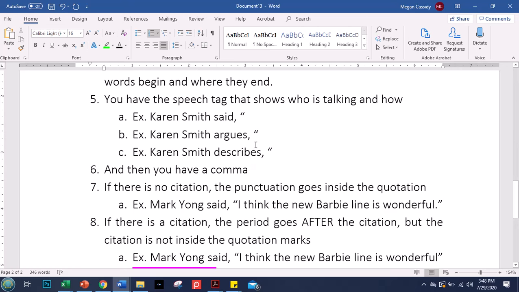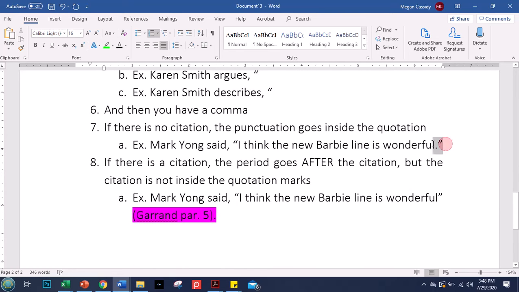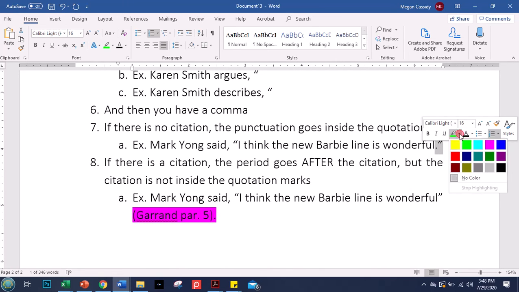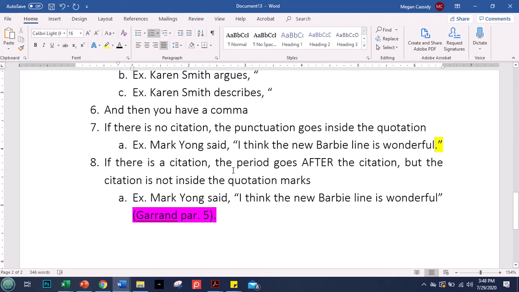Then you have a comma, and then you have the quotes. If there's no citation, the punctuation at the end of the sentence goes inside the quotation marks, like so. If there is a citation, the period goes after the citation, but it's important to note a lot of times